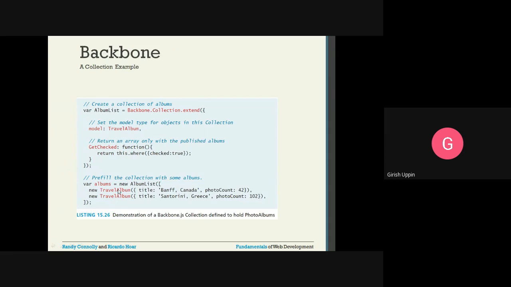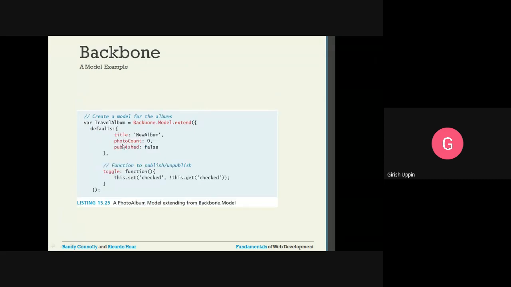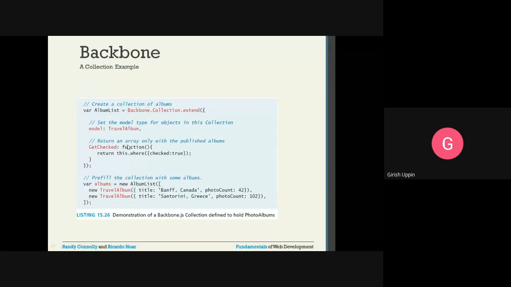This is the new album list. Inside the new album we have this travel album model. You can see title, then all this information is there. Whichever we included in the model, that will be created here. Title, then we have the photo count.